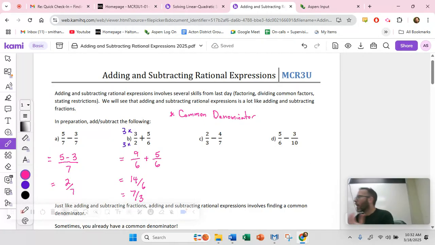Look at C. I can't multiply 3 by any convenient number to get 7. So what do I do to get a common denominator? You guys know this little trick. You could just multiply the denominators together to get a common denominator that works. 3 times 7 is 21. I'm going to have a sip of coffee while you guys make those two fractions equivalent fractions over 21, and